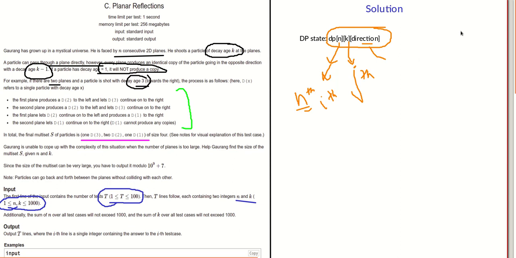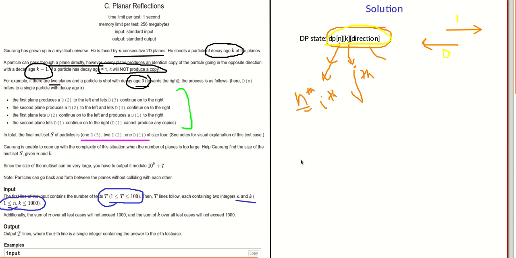A particle can have two directions: it can move to the right or to the left. So there are two possible directions, and we denote left as 0 and right as 1.